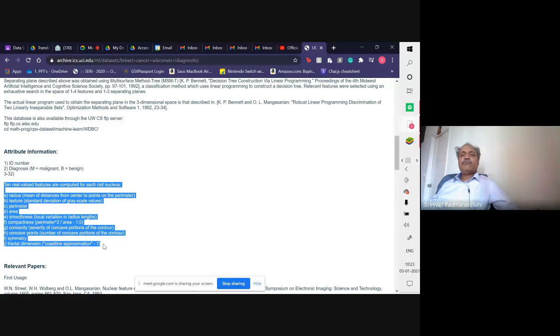So what we need to look at when we're talking about being able to apply a machine learning technique on breast cancer X-rays is that you take each X-ray, get an expert doctor, let him compute these 10 columns, and then you create one row of data. And then you say, okay, this is cancerous. In some case, it may not be cancerous. You collect thousands of such